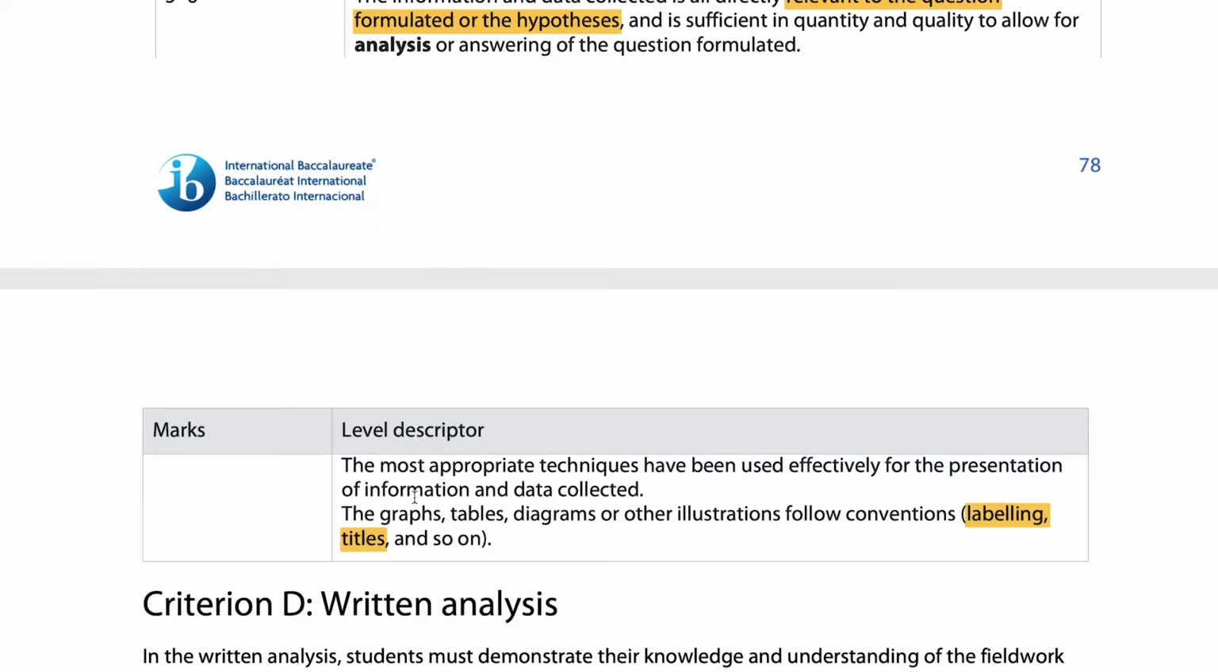So make sure that all the data that you collect is explicitly relevant to the question you formulated and your hypotheses as well. So if we go on, the graphs, tables, diagrams, and other illustrations follow conventions. Notice how these conventions, which are also mentioned in all the other criteria, must include labeling and titles. So if you have a map without a title, bang, you're going to lose marks straight away. So make sure that all of your maps have titles, all of your graphs and charts all have titles,